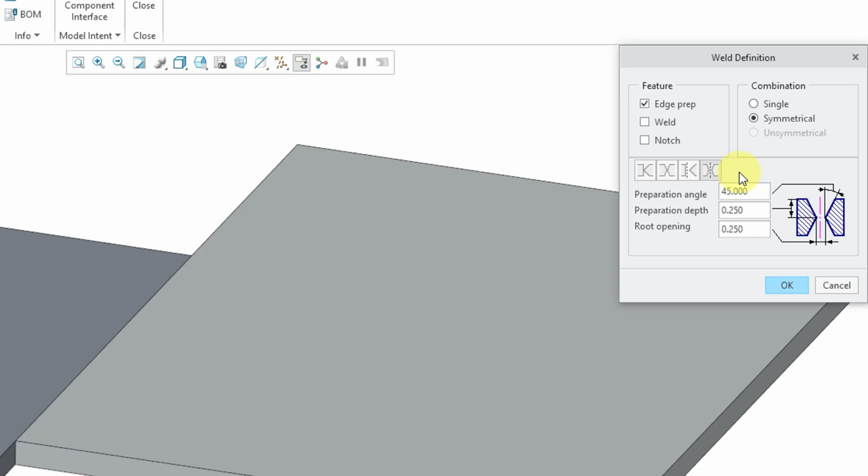In a moment, I'm going to come back and change the option to assembly. You'll see that 2 of these will be grayed out. Similarly, when you have the combination set to single, 2 or 3 of these options will be grayed out. But anyhow, I'm going to show you how to create a V-groove angle cut with a root